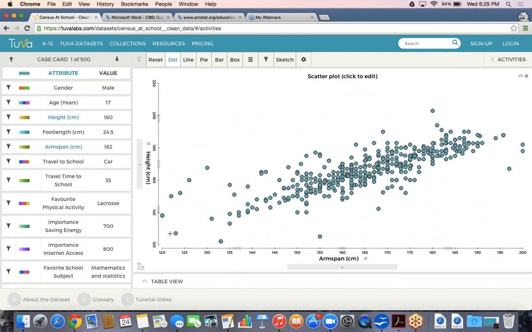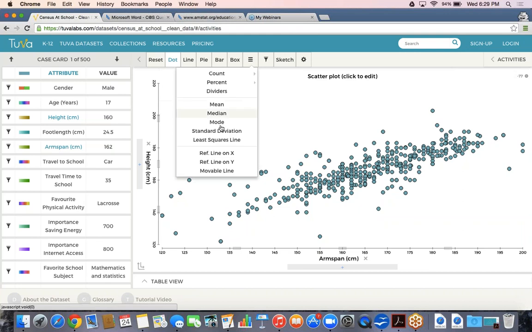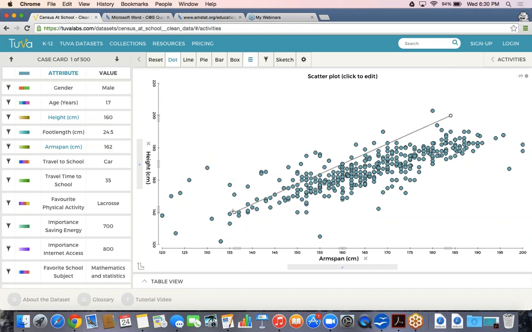And so here it is. A really great math activity around functions and slope is to ask the students to say, okay, here's your distribution. Here's how your scatter plot looks when you plot the arm span on the x-axis and the height on the y-axis for 500 students. Now, using your y equals mx plus b formula, if you will,